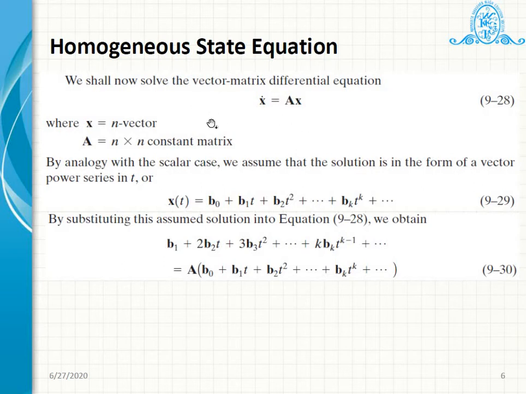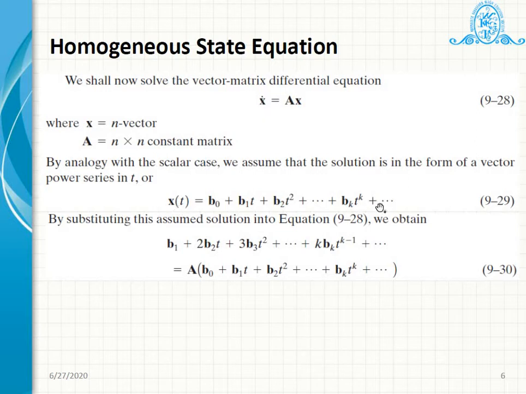So by analogy, considering the earlier analogy of the scalar differential equation, we can assume that the solution is b0 plus b1 t plus b2 t square plus bk t raised to k and so on. Now all the b's are vectors. Here b0, b1, b2 up to bk are all vectors. By substituting this assumed solution into equation 9.28, this equation, x dot will be